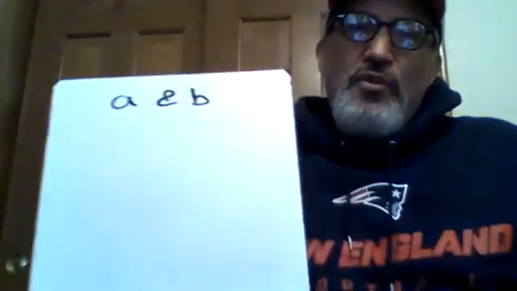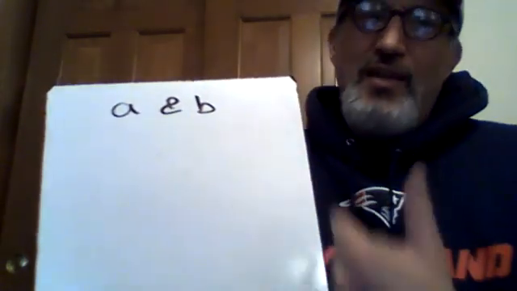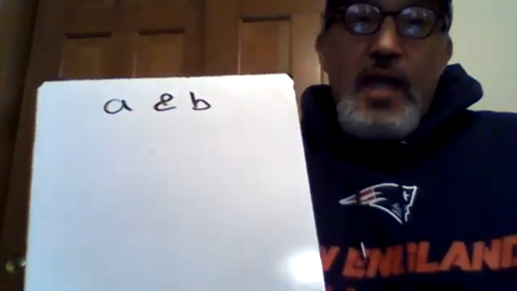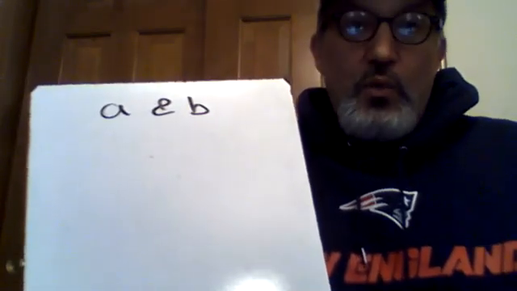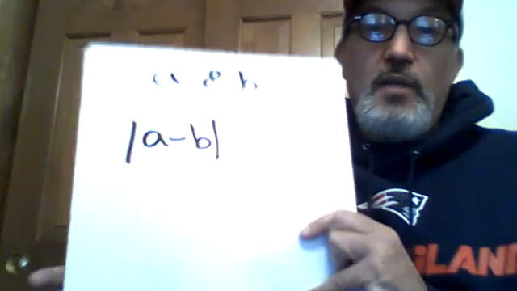There could have been a two-part rule for the distance between two numbers on the number line. So let's take A and B. Right now, our first inclination might be to put the A on the left and the B on the right, but it doesn't have to be that way. So we don't know where A and B are. We don't know which is bigger, which is smaller. What we could say is that the distance between A and B,